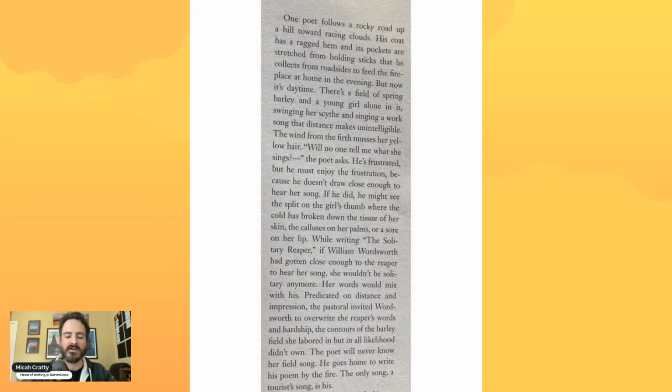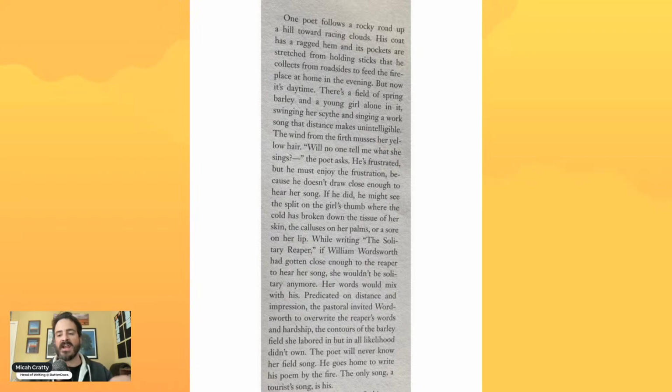While writing The Solitary Reaper, if William Wordsworth had gotten close enough to the Reaper to hear her song, she wouldn't be solitary anymore. Her words would mix with his. Predicated on distance and impression, the pastoral invited Wordsworth to overwrite the Reaper's words and hardship, the contours of the barley field she labored in but in all likelihood didn't own. The poet will never know her field song. He goes home to write his poem by the fire. The only song, a tourist song,